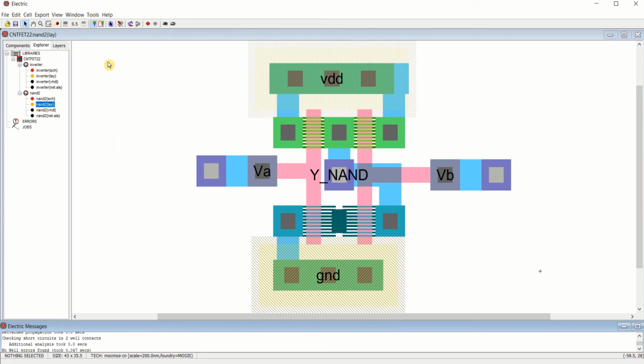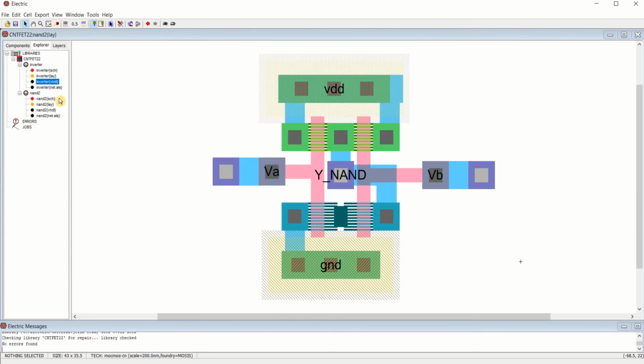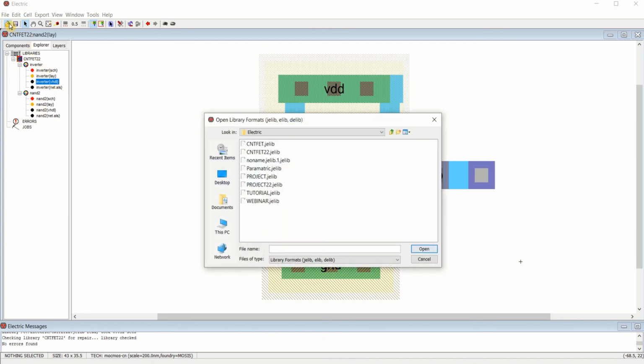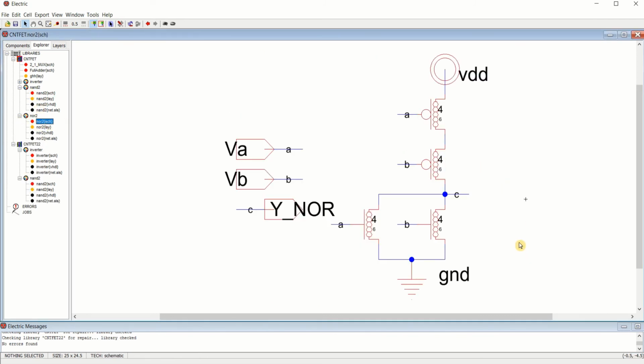In this manner, you can complete the NAND. For the sake of clarity of NAND or NOR gate, I have already pre-designed that. I'll show you. Open library, scientific FET. In this library, I have created the NOR also. So this is the schematic view of the NOR gate where two PMOS are connected in series with the default width 4:6 for PMOS and 4:6 for NMOS. So you can differentiate the PMOS and NMOS. It has VA and VB.